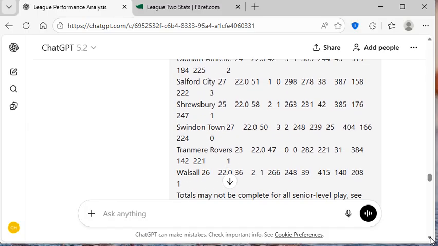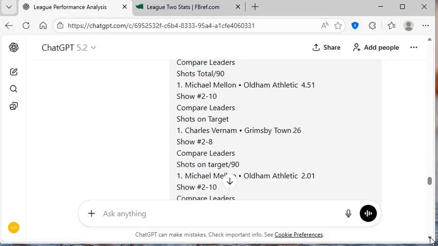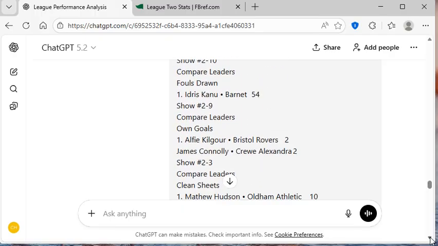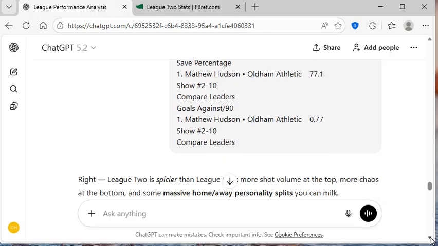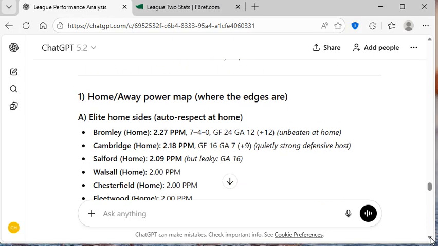So let me go down. Apologise for the scrolling, but I want to explain how I choose the selections. So I want extremes. Right, so League 2 is spicier than League 1, more shot volume at the top. So it's just going to tell you what it... What I did, before I pasted in the fixtures, I asked it to analyse